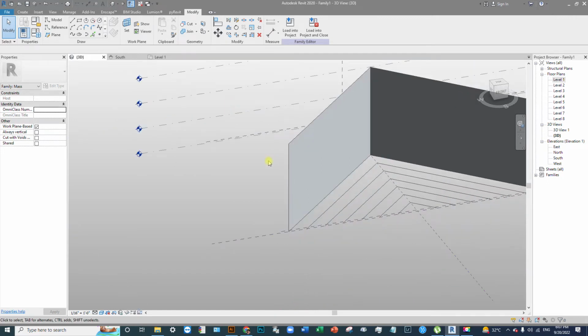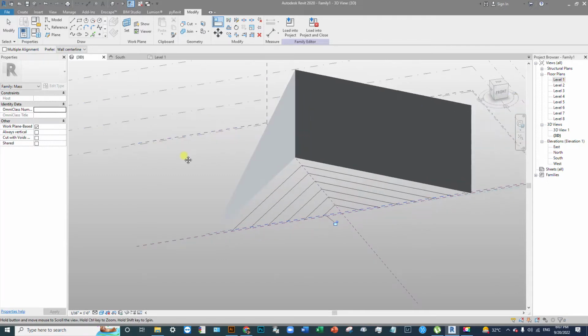Just activate the align tool, AL, and first select this reference plane and click this point, and